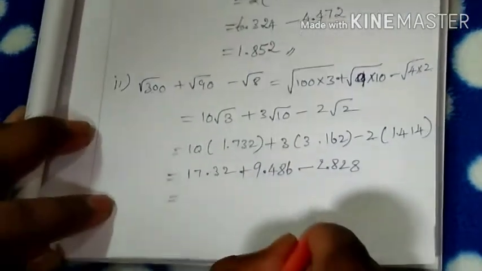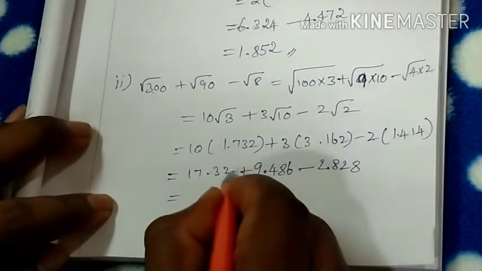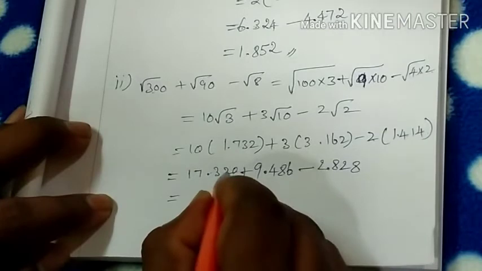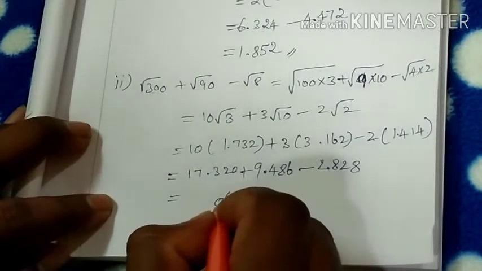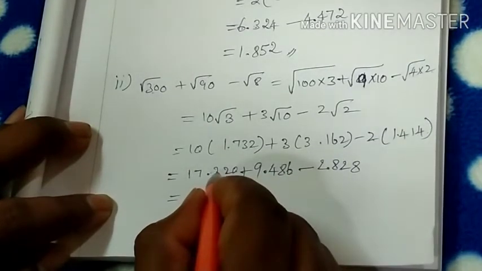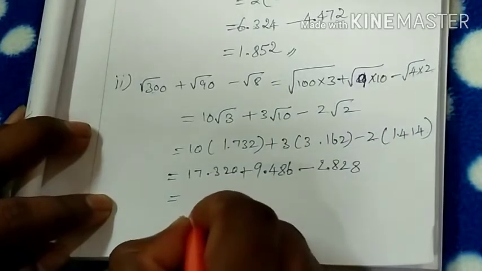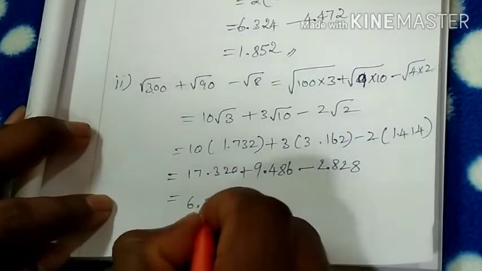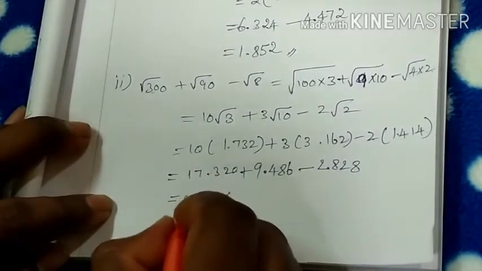First making the addition, 2. This gets one more 0. So 0 plus 6 is 6. 2 plus 8 is 10. Carry 1. 3 plus 1, 4. 4 plus 4, 8. Point. And 7 plus 9 is 16. Carry 1. 1 plus 1, 2. Minus